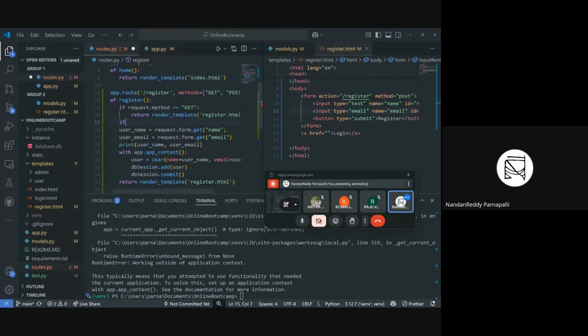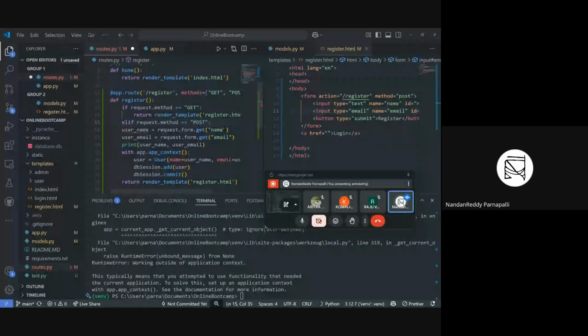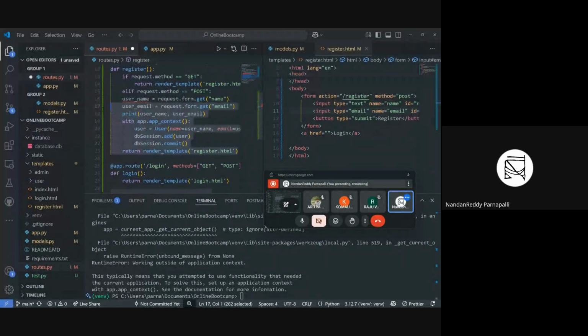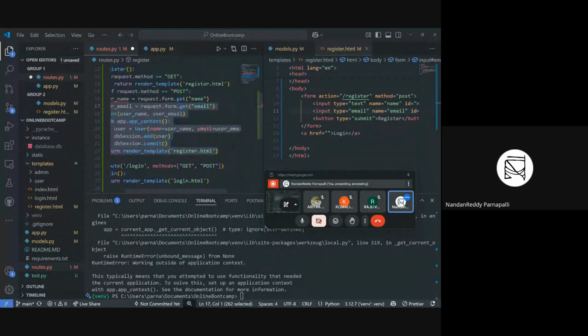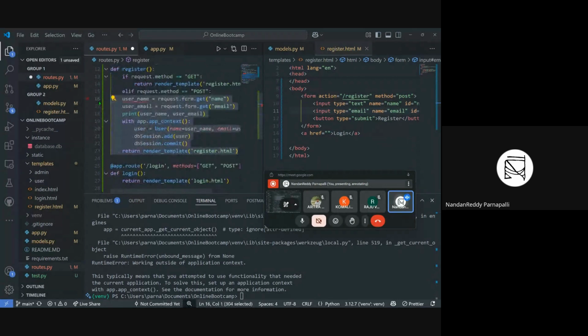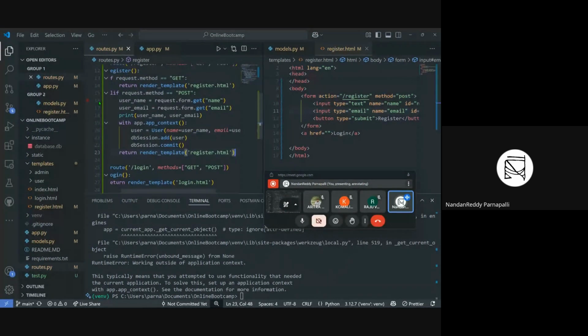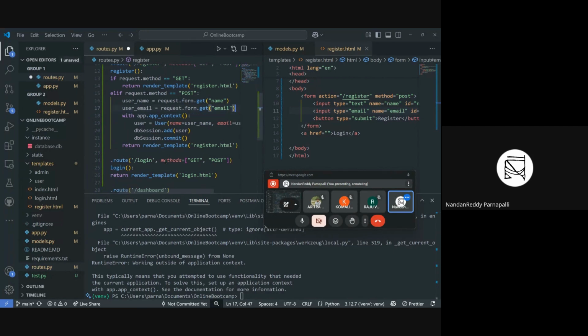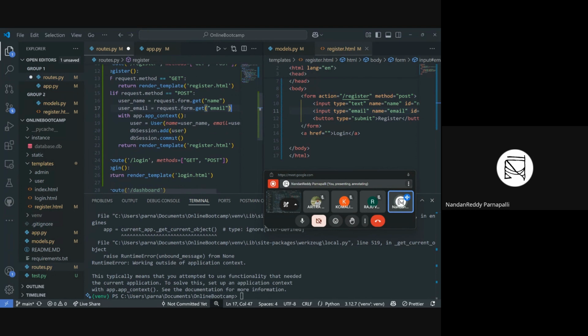If request.method is not POST, then we have to do something else. So that is adding the user into the database by fetching his details, username and email. Then we will do it. Right now we got the username and email, so no need to worry. I'm just removing it. With app.app_context, I'm creating a new user with that information, and I am adding the user